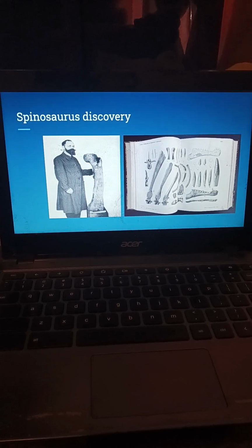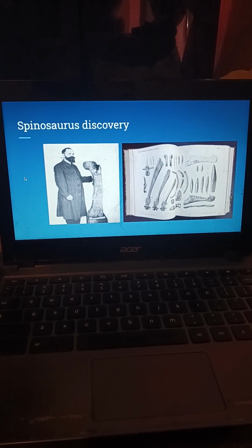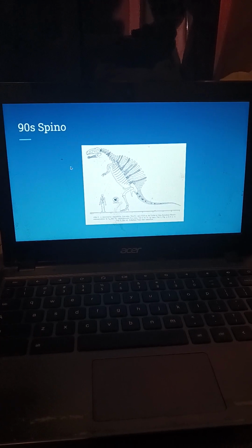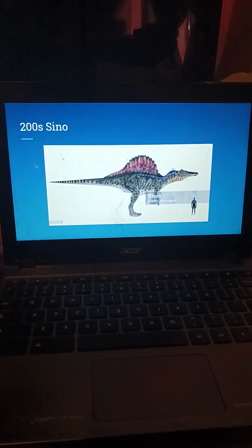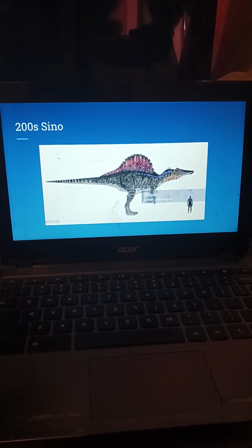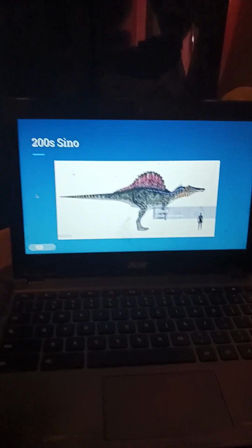With the only clue of the existence of this animal being its bones. But after more discoveries of other spinosaurids like Baryonyx and Suchomimus, scientists now had a better idea of what this animal may have looked like. And what they came up with was basically this giant Baryonyx with a sail on its back, and with a long crocodile snout and these long thunder thighs. So, yeah, during this time, it was accurate during the 2000s